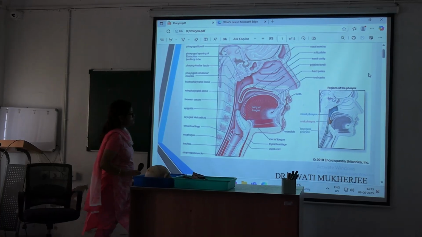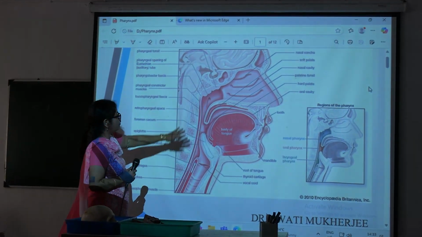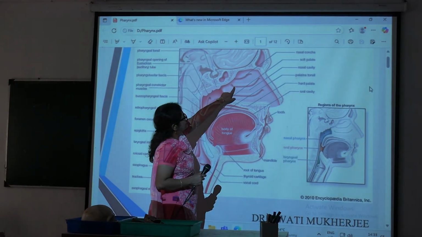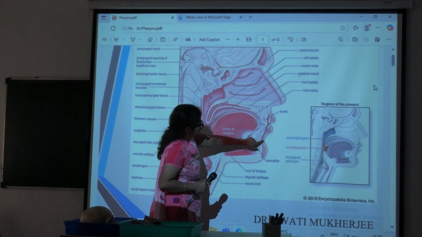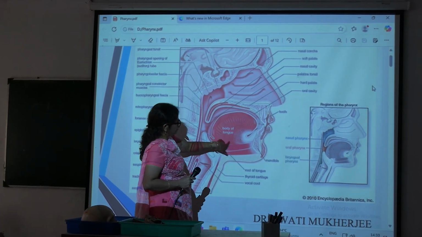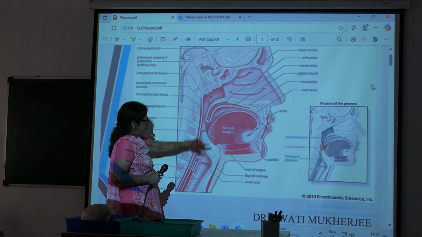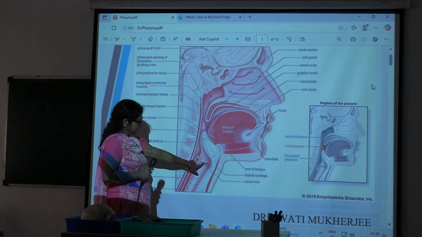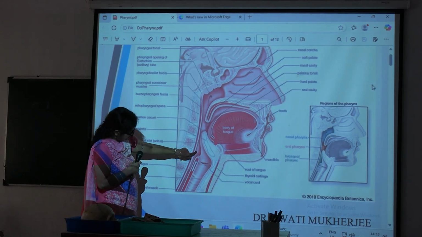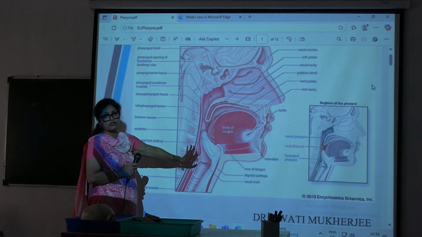Okay, so this should be your specimen, showing all the structures. That is the nasal concha: superior, middle and inferior concha. This is the tooth, this is the mandible. This is the genioglossus muscle in the tongue. This is the soft palate, auditory opening, epiglottis. This is the laryngeal inlet, this is the vocal cord, and this part is the esophagus. This would be the specimen.